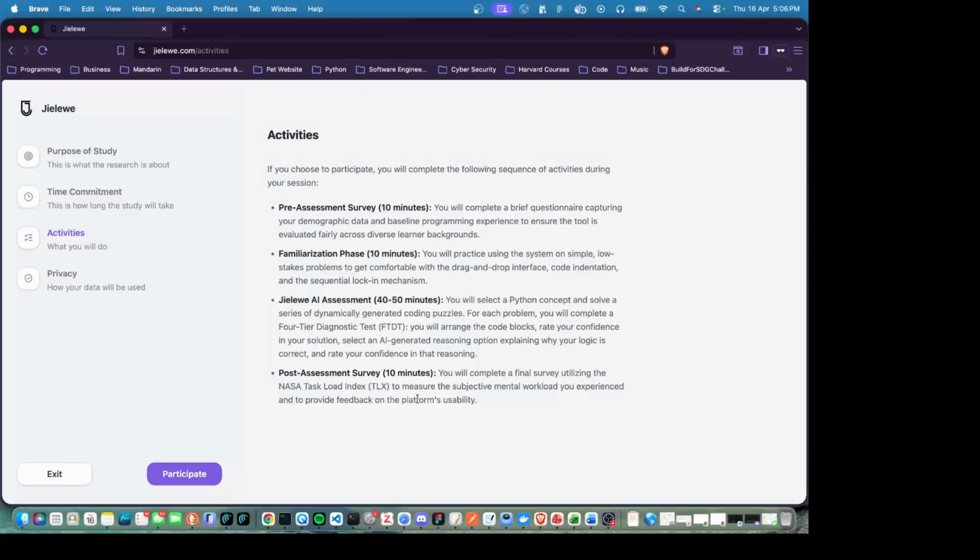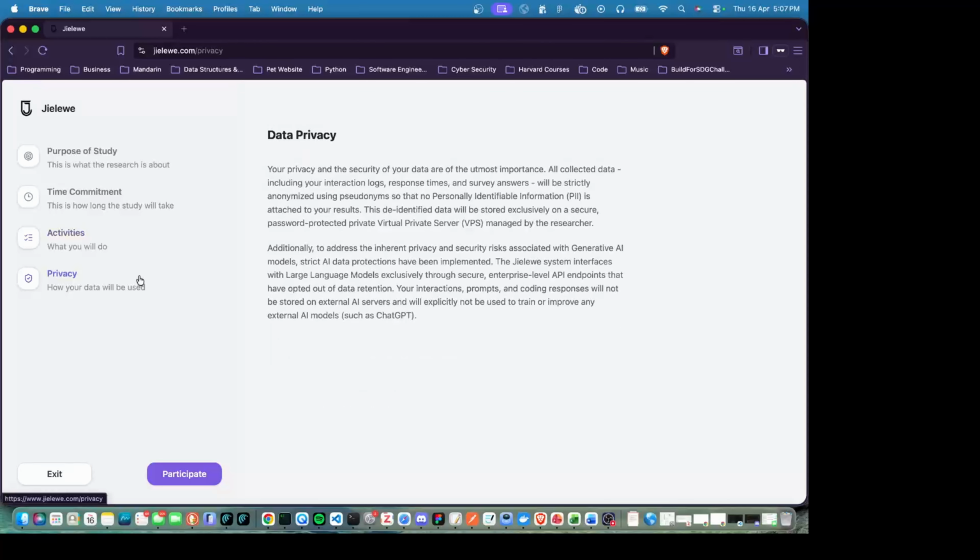After you're done, if you want to do the assessment again, or pick another concept to get assessed on, you can take a 5 minute break and then do another assessment. Otherwise, if you are done, you can exit the study and do the post assessment survey. It should take you at most 10 minutes. This page also shows you how we're going to collect the data, what we're going to do with the data, and who has access to your data.